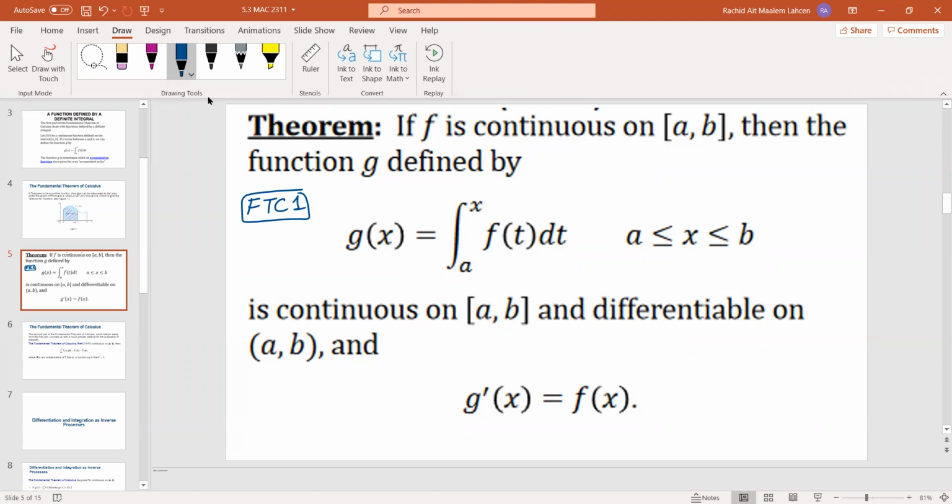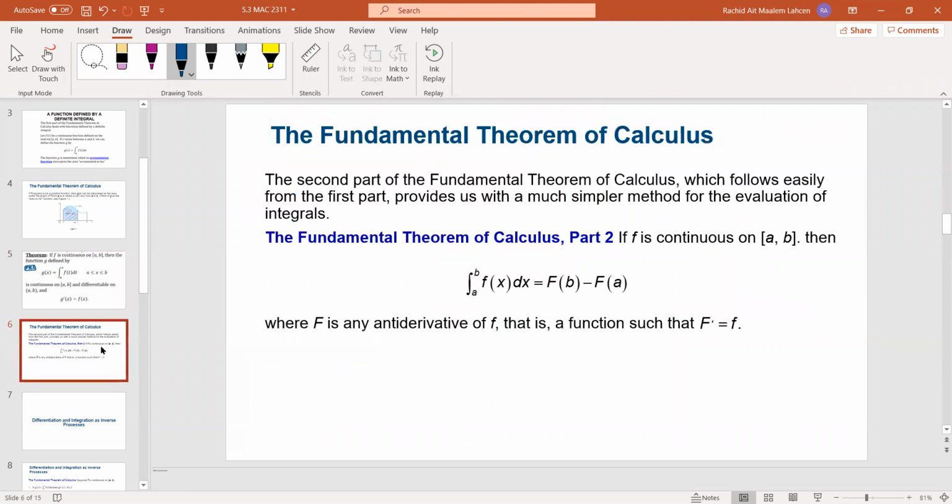That's the first part of this theorem. The second part, which I'll explain in a minute,